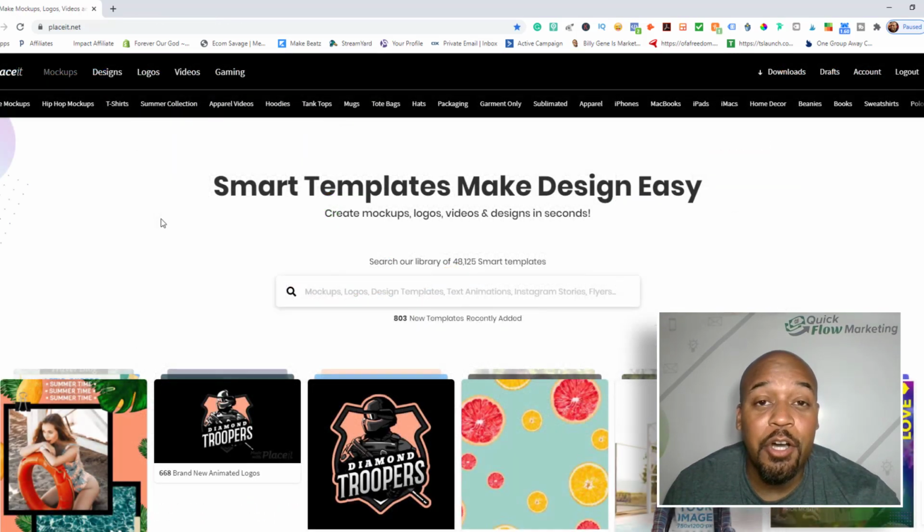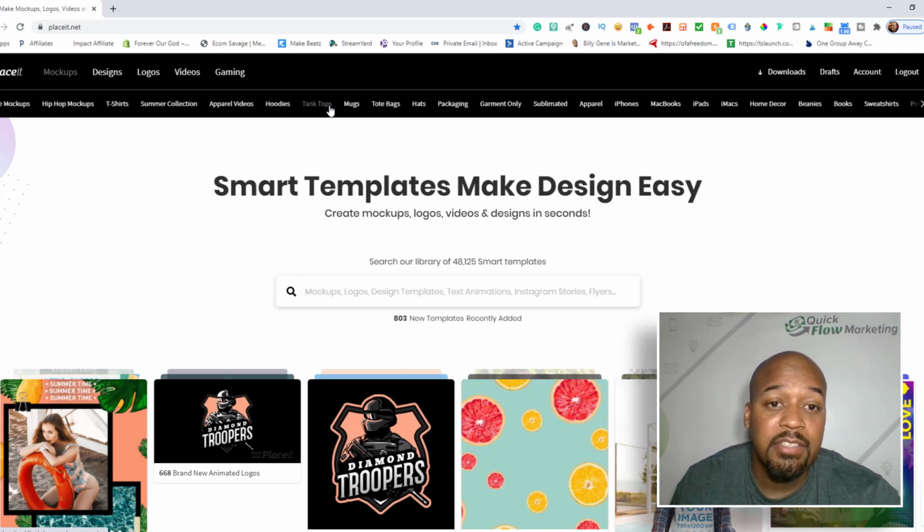Now the next one's called Placeit, and it's a paid monthly subscription service. But there is a ton of different mockups you can do on this program. As you can see up top, it says free mock-up hip hop t-shirt summer collection, apparel, videos, so you can actually make video mock-ups, hoodies, tank tops, mugs,